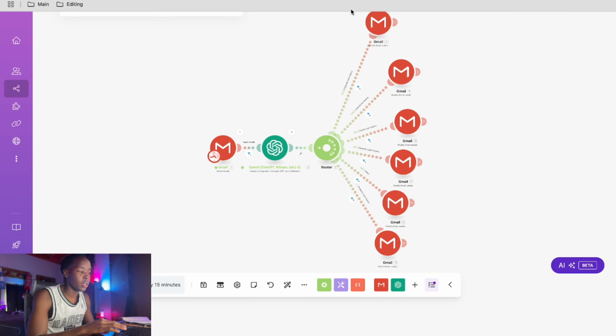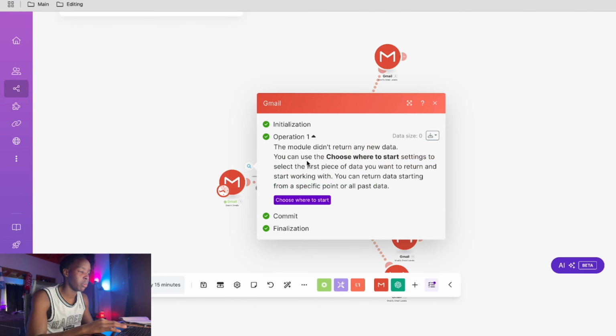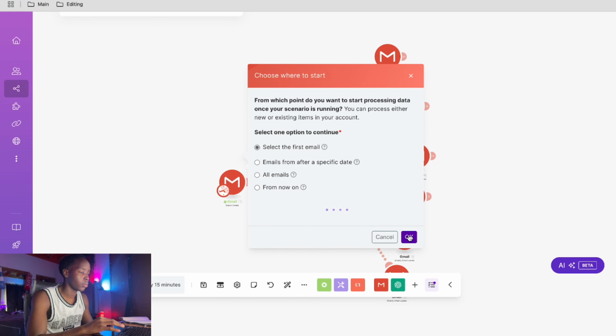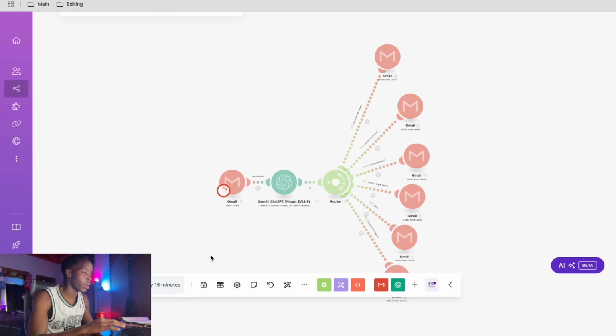Okay, now that the filters have been set up, we need to actually test to see if this email categorizer is working. So I'm going to click run once over here. So I'm going to select the email that I just sent. Select the first email, wait for it to load, and I'm just going to select the email that I sent over about family law. Click OK, and I'm going to run it once,